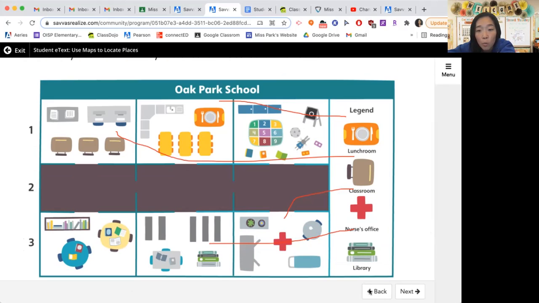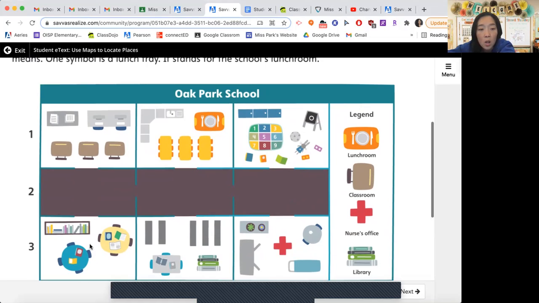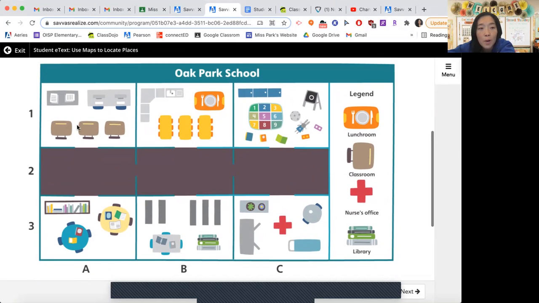Let's also find out where each thing is. So here, this would be column A. A1, it has the classroom. A2, it looks like it's just what's that called? The hallway. A3, it looks like maybe a small group room, or maybe